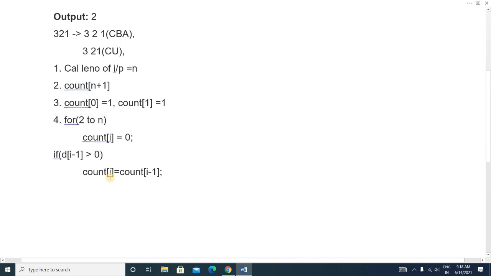We'll store this value, this 1 value, into count of 2. Okay, now again we'll check here if digits of I minus 2 is 1. I minus 2 means the first position. So if this is the I position, this will be I minus 1 and this will be I minus 2. If digit of I minus 2 equals 1 or